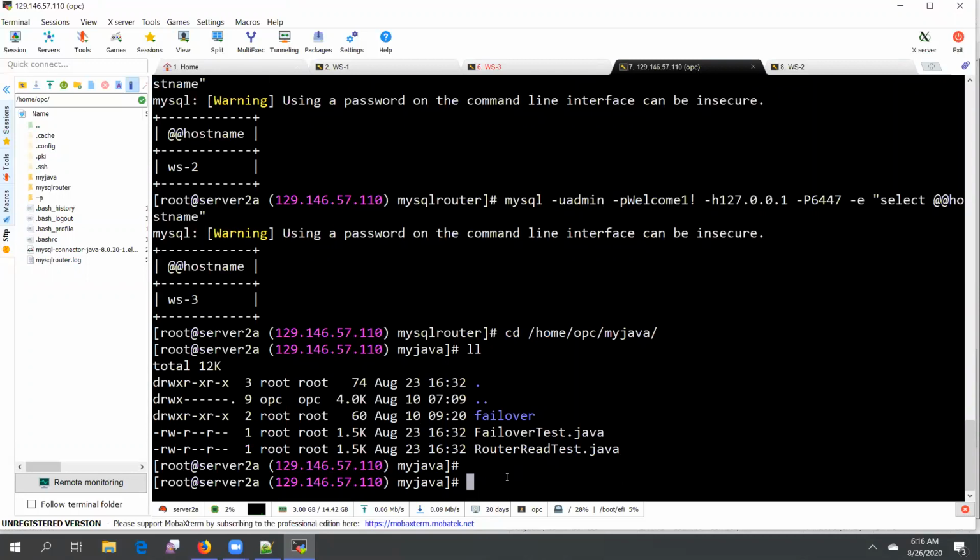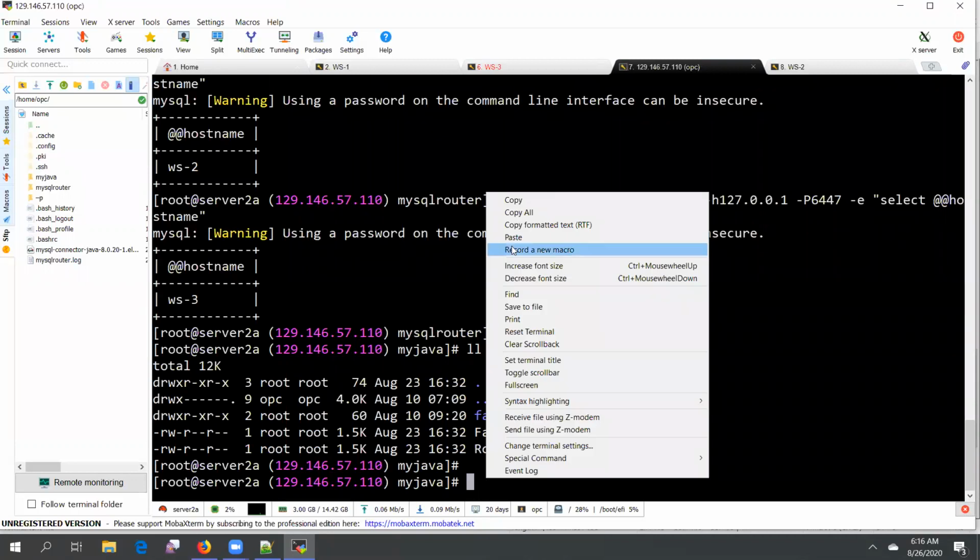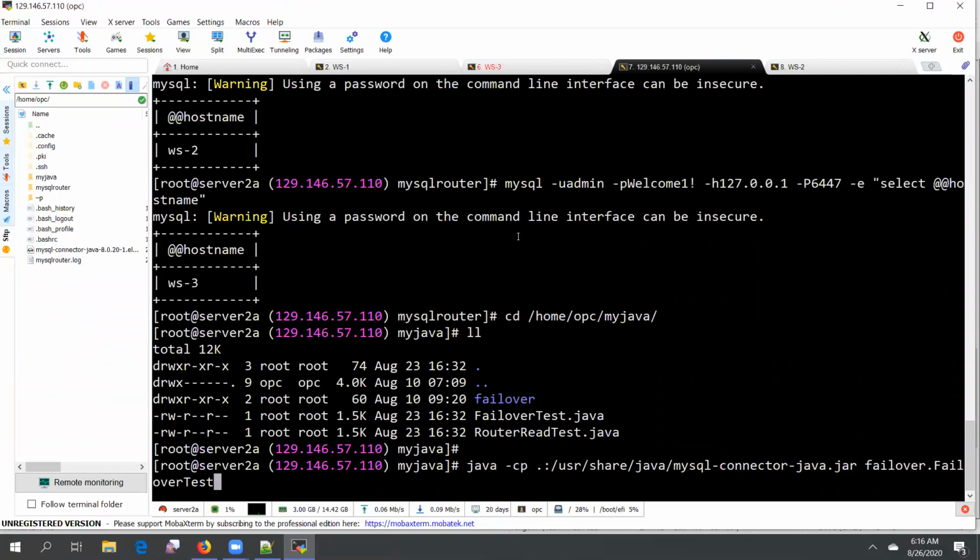Compiled, in order to have a Java class file so that I can run this command. So here I'm running the Java program, and the Java program apparently needs a MySQL connector, the Java connector, which I already pre-installed in this server. The connector you can download from the MySQL download site, and install it like any RPM installation